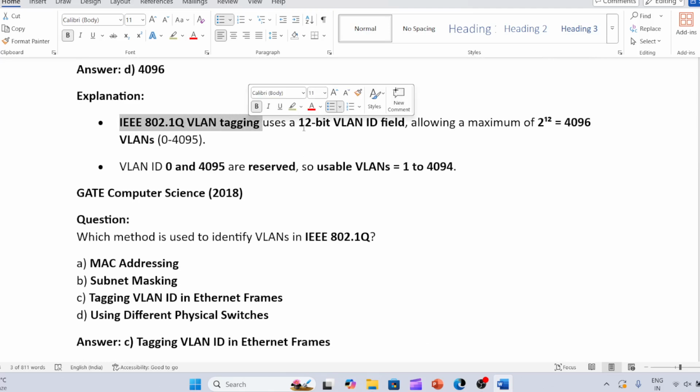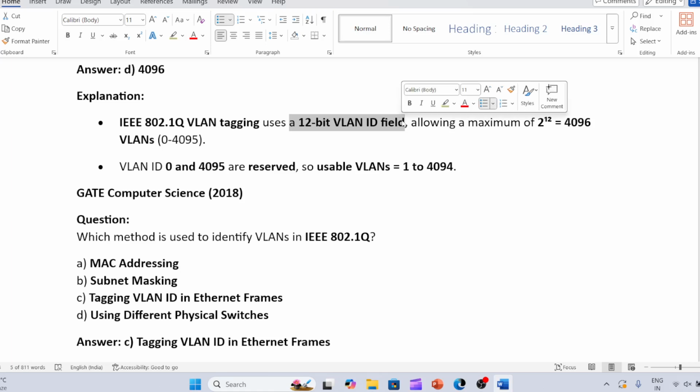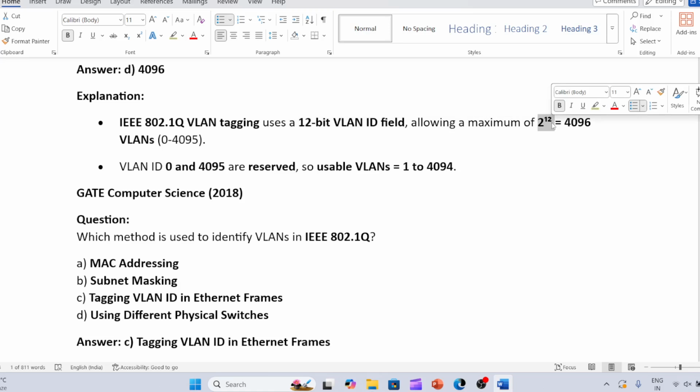IEEE 802.1q VLAN tagging uses 12-bit VLAN ID, कितने यूज करता है, 12-bit VLAN field ID, and it is having 2 raised to power 12, so it is 4096।